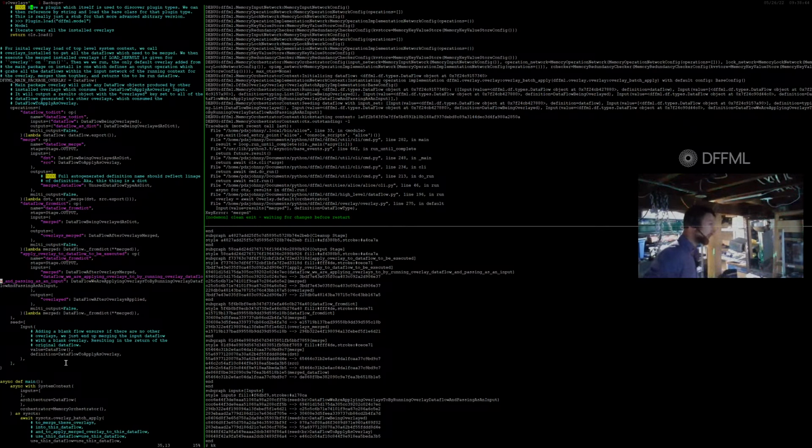So if we wanted to define a overlay data flow, main package overlay. So we could take the main package overlay, so we could say diff main package overlay. If you want to just combine,